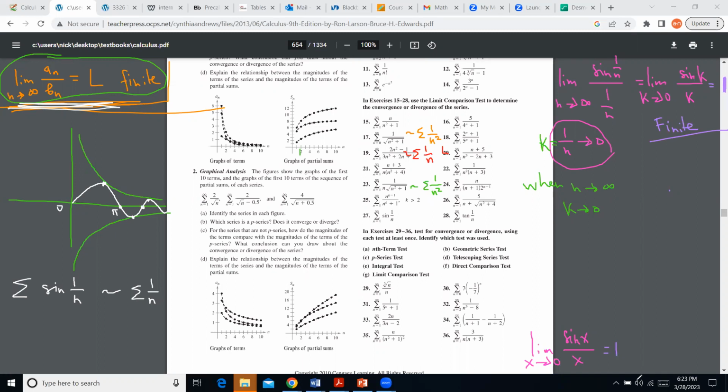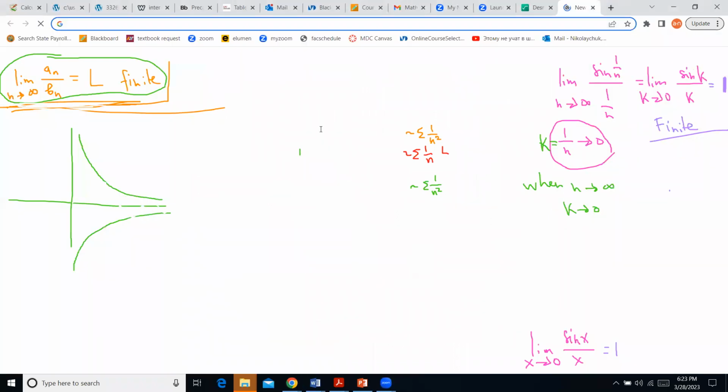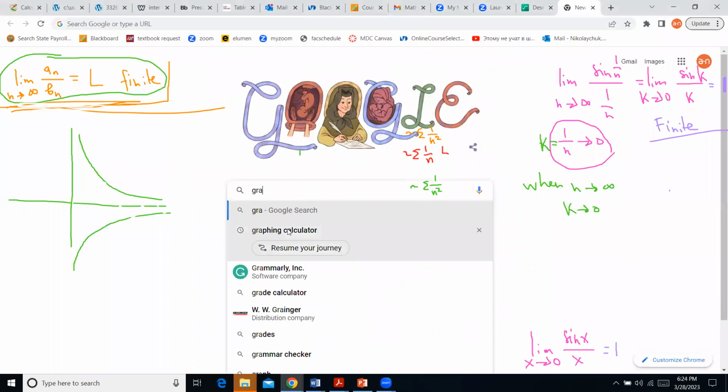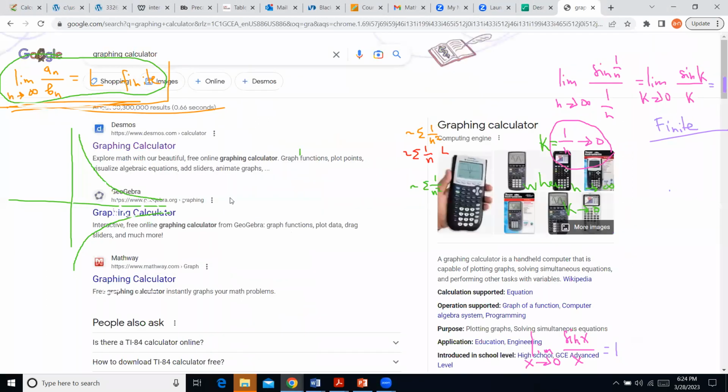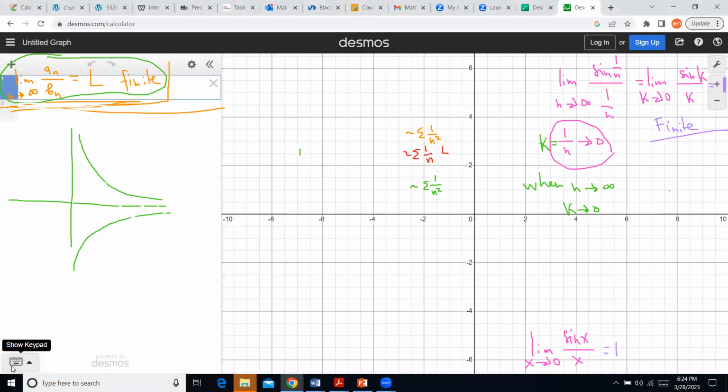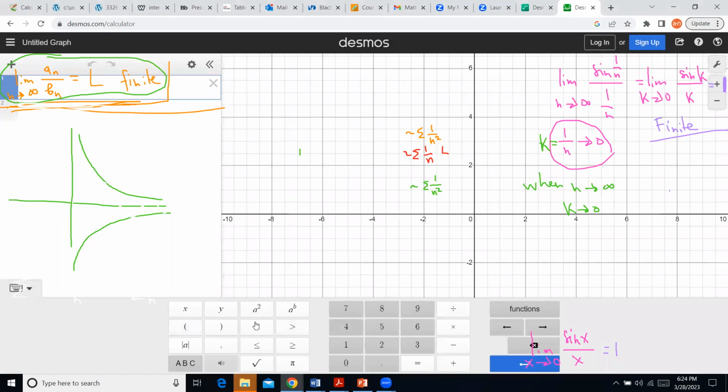So how do you know that? Well, you can do it quickly. Just take the graphing calculator. Remember, we have the graphing calculator for free here. The graphing calculator, the decimals that I like to use for illustration. So I take sine x. So I need to go to the